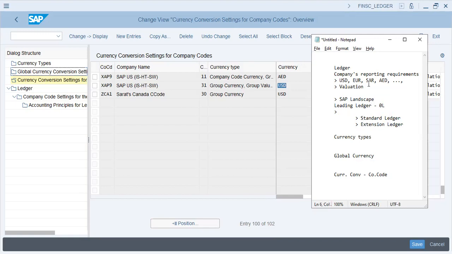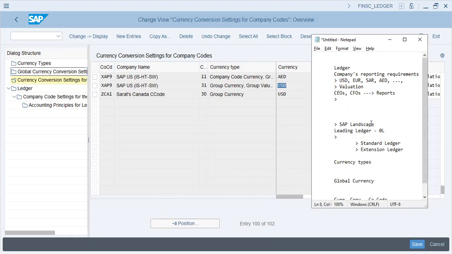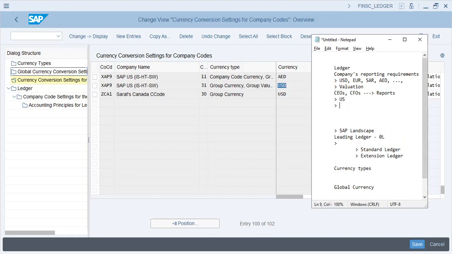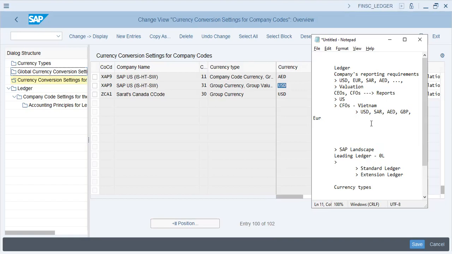Now, what happens in companies is that CEOs and CFOs require reports on a real-time basis. The CEO can be in the US and the CFO can be at a plant in Vietnam. They will both require reports on a real-time basis in USD, SAR, AED, GBP, Euro, and so forth. There are also concerns about legal,